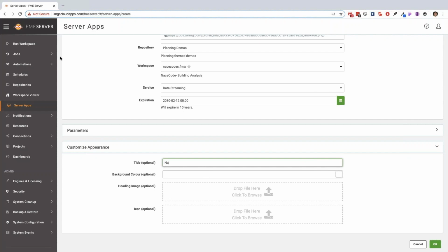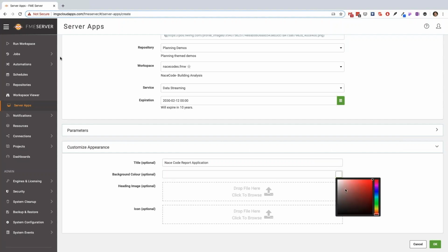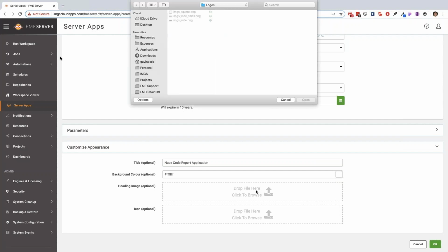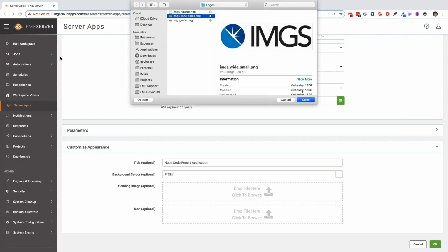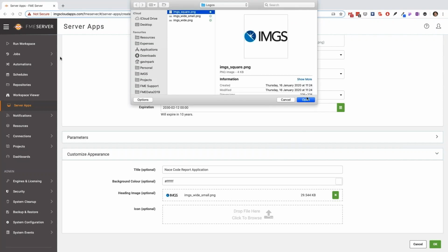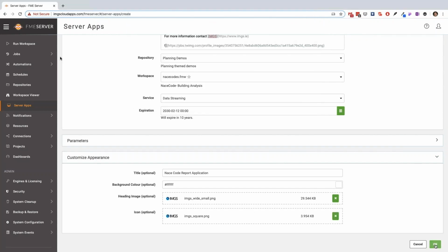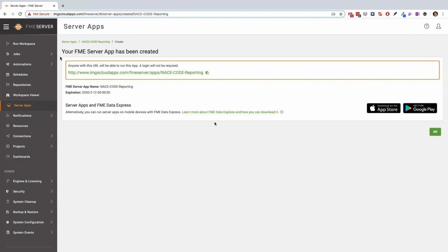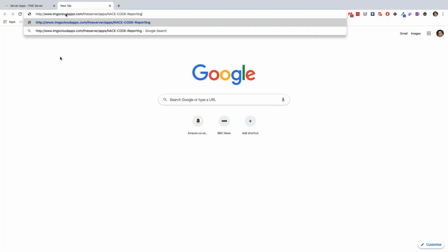So we can give it a title, which is obviously what we just saw. We can choose the background color, and then you've got the heading image and the icon. So the heading image is what you see across the top as that banner, and then the icon is what appears in that top left tab on the actual Chrome or Internet Explorer tab. So again, you just want to pick something that reflects what those are going to be. And then we click on OK, and then basically we get that link, and you can send that link around to anybody, and they're then able to access